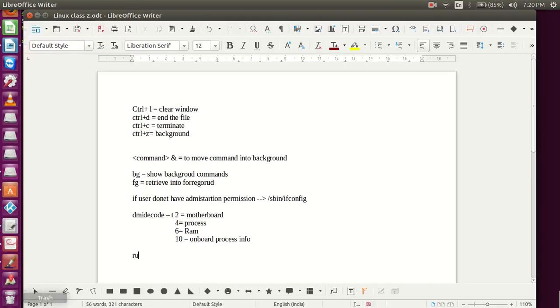You can see here, run level 0 is used for shutdown. So we are informing the OS to shut down my PC. If you type run level 0, it will go to shutdown. Likewise, run level 1 is single user maintenance mode. So only one user it can accept, multiple users are not possible here. Then run level 2 is multi-user